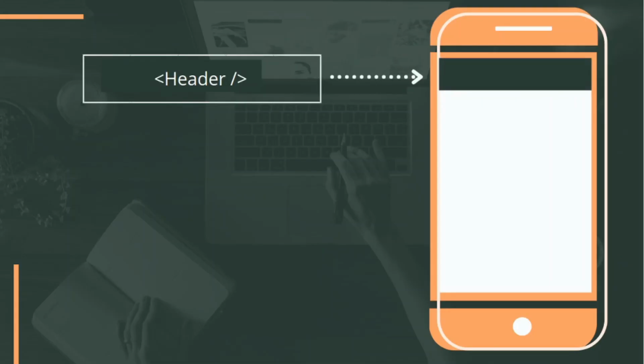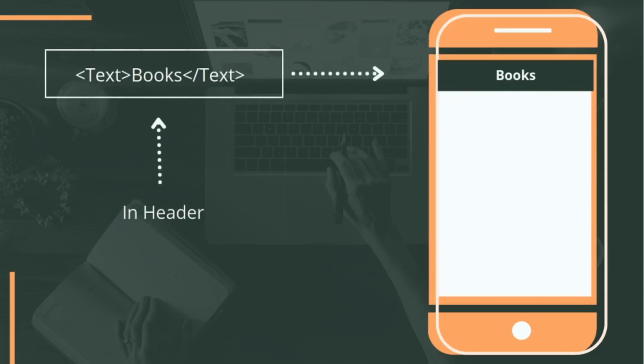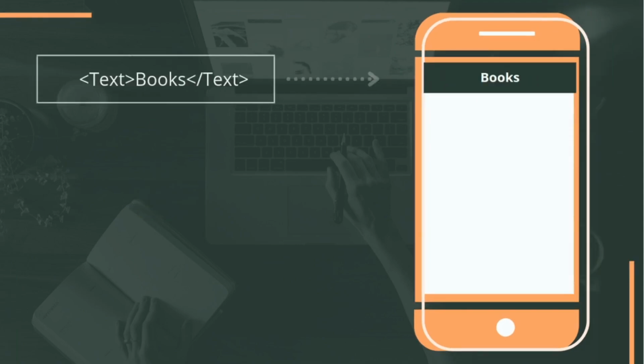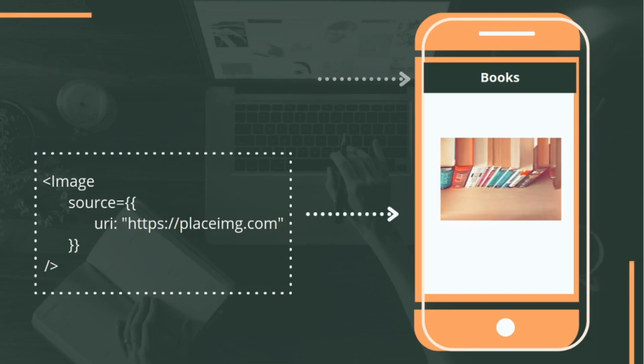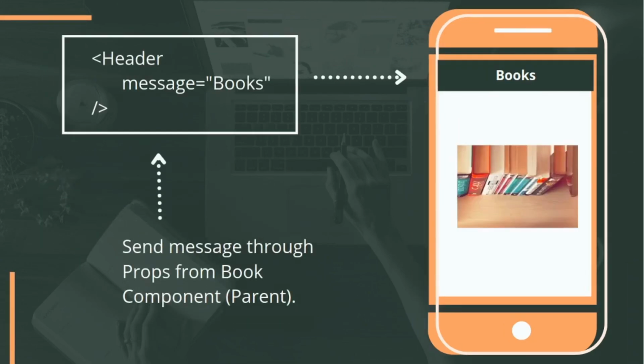We will create a child component named header, like visible on the screen, and call it as header in the parent component. In the header component we will add the heading as text, then add an image on the screen in the book component, which is our parent component. Then we will send the heading in a message key as props from parent to child component.